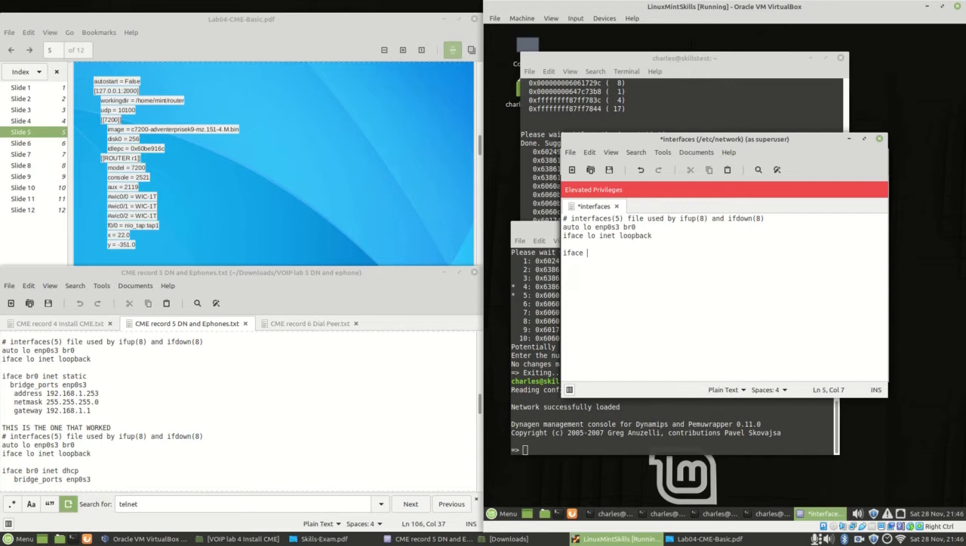Interface br0, and we want to have it work as DHCP. Bridge ports, and it will be bridged to the enp0s3 interface. In addition, we can have iface br0:0, which we can use to create a static address with an alias. This is an alias for the bridge, and it will use a static address of